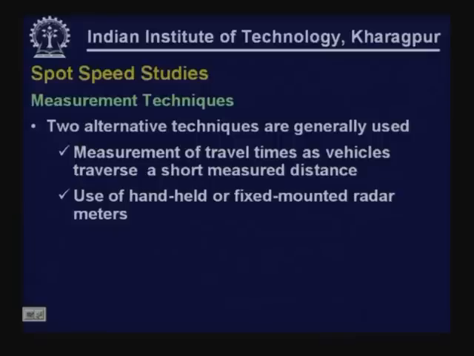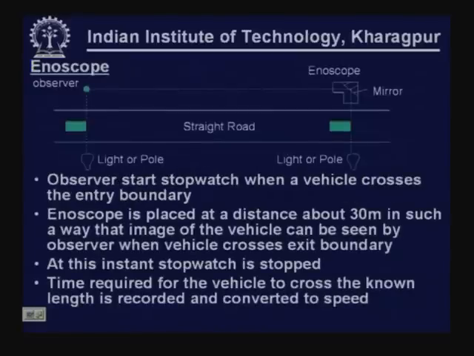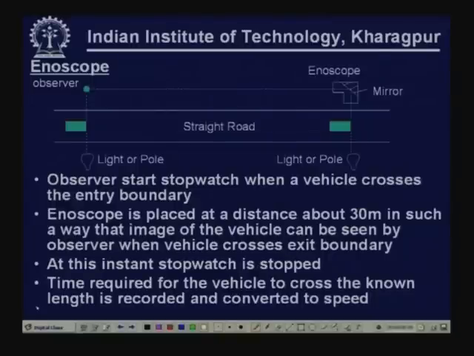So, in continuation to that approach for spot speed studies based on measurement of travel time as vehicles traverse a short distance, let us now understand about an equipment which is known as inoscope. In many places, inoscope is still used for measurement of spot speed, where observer starts stopwatch when a vehicle crosses the entry boundary. Let us try to locate. This is one entry boundary and this is the exit boundary. So, observer is located here, and the